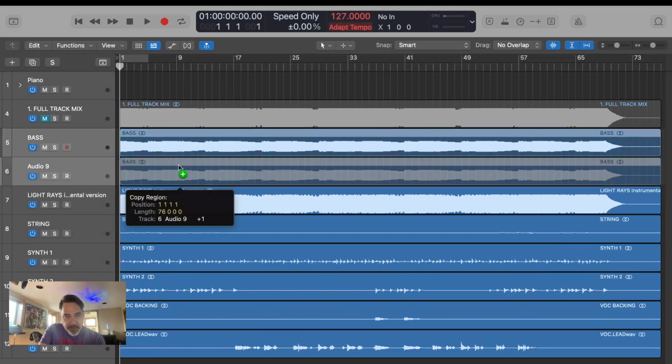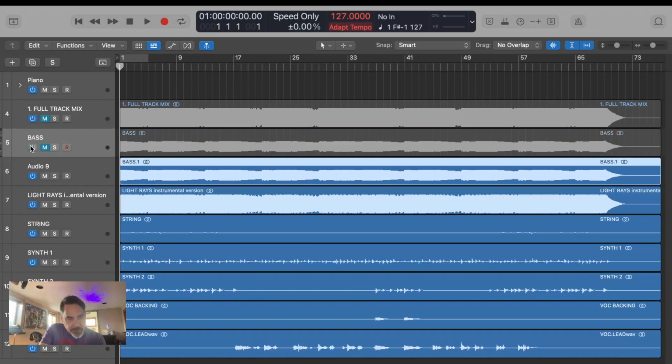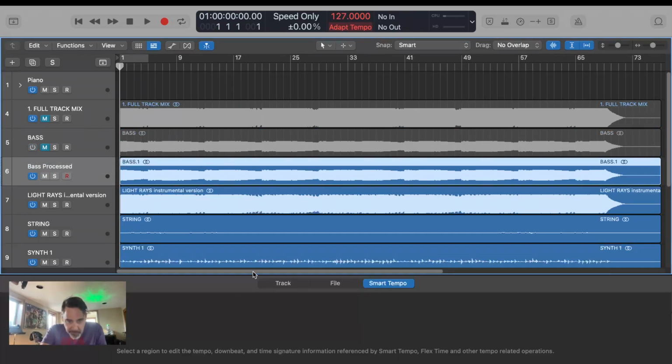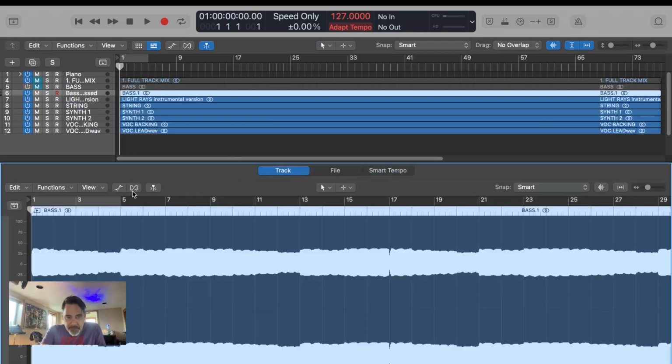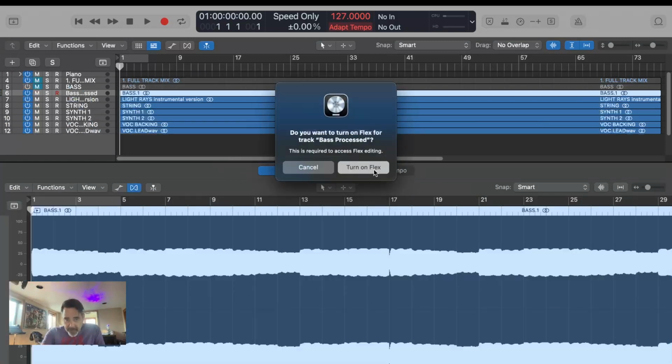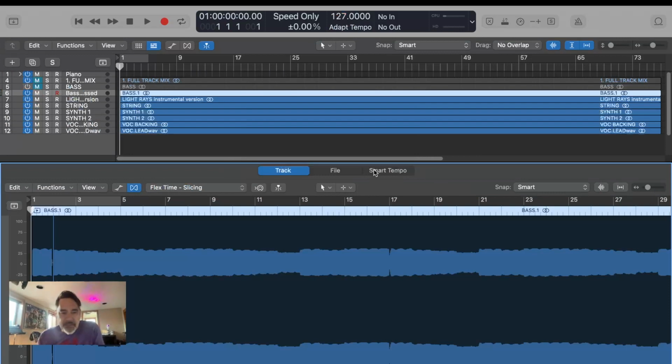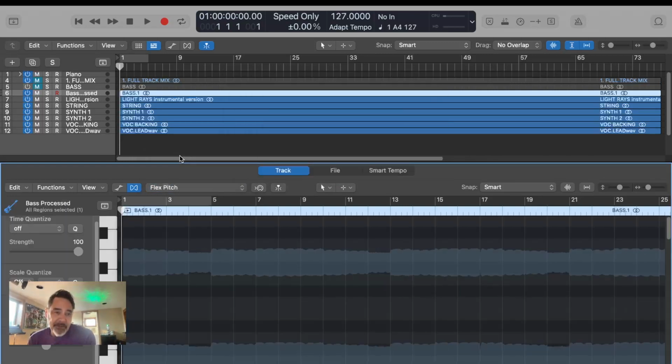basically just make an exact duplicate of it, and then save the original in case I want to compare them or I completely mess it up. Let's call this processed for now. If I double click this, it brings up a little window, and I'm going to tell it to turn on Flex, which is what Logic calls its technology for analyzing files. And I'm going to tell it to do Flex Pitch, and now it's going to analyze this bass part for pitch information. And if successful,